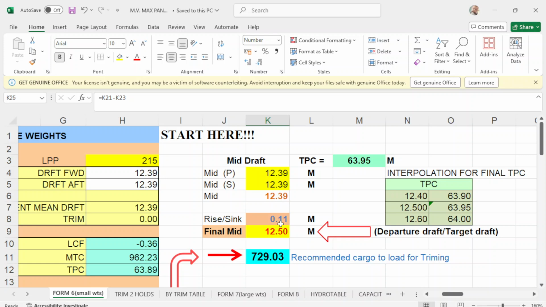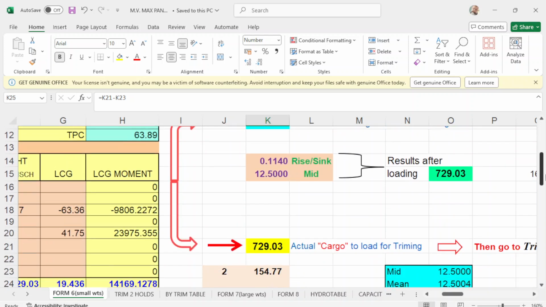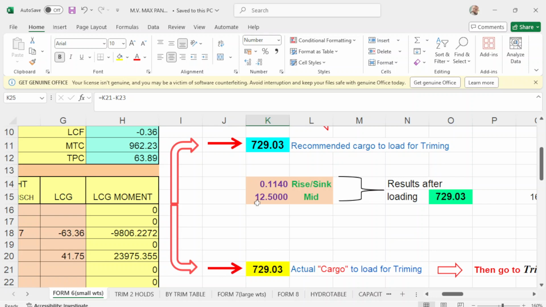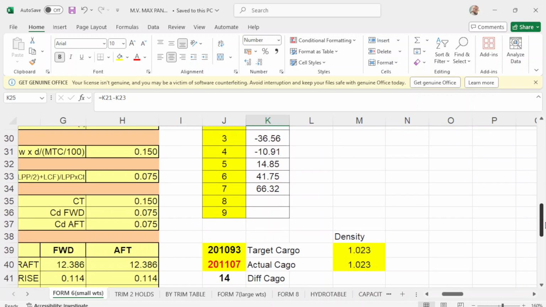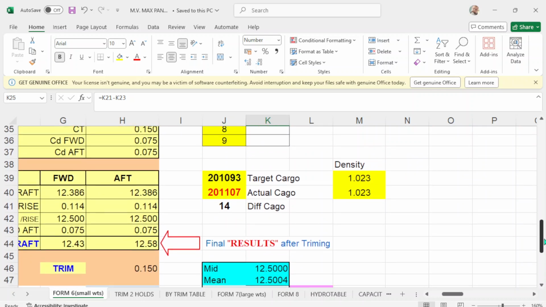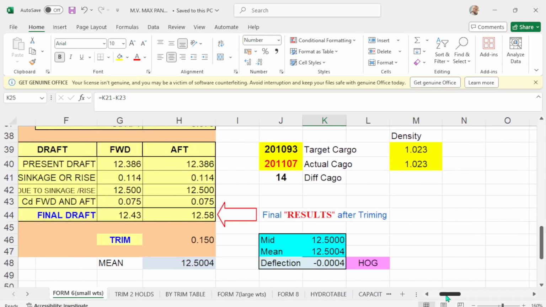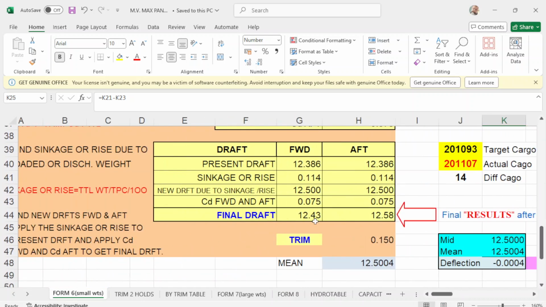This will be your rise or sinkage. And when you put the weight here, this will be your mid drop. This will be your sinkage. Okay. And this your final drop will be 1243 forward, 1258 up, trim 15 and 12.5 mean.